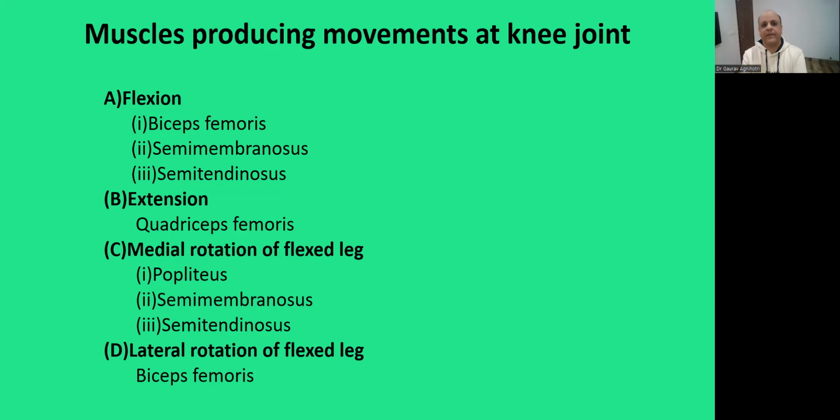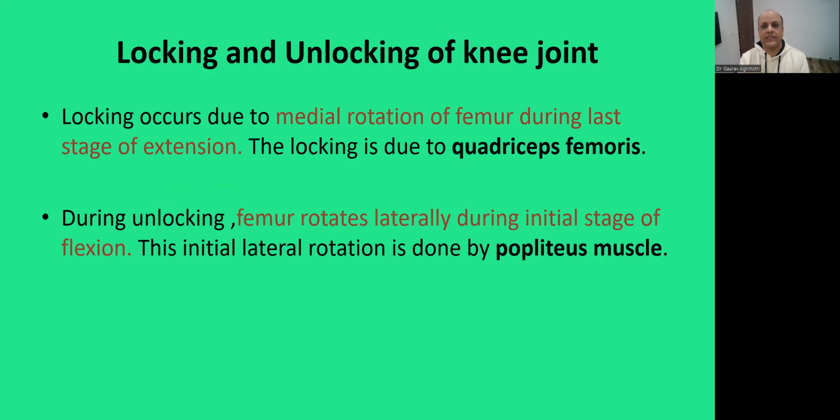So flexion is done by the back muscles: biceps femoris, semimembranosus and semitendinosus. So the medial muscles, semimembranosus and semitendinosus, along with the popliteus, cause medial rotation of flexed leg, while lateral rotation of flexed leg is caused by biceps femoris. So there is another important concept regarding the movement of the knee joint, that is locking and unlocking of knee